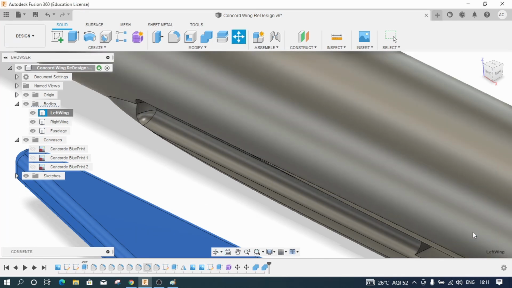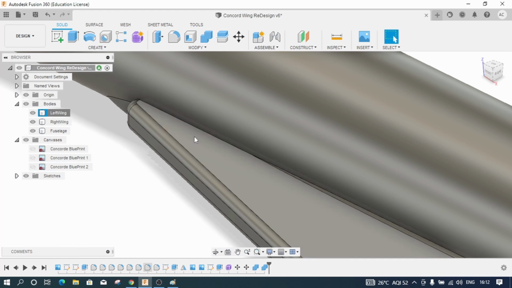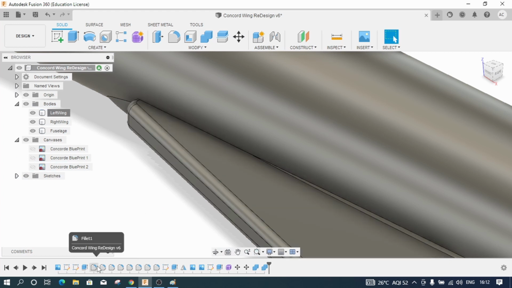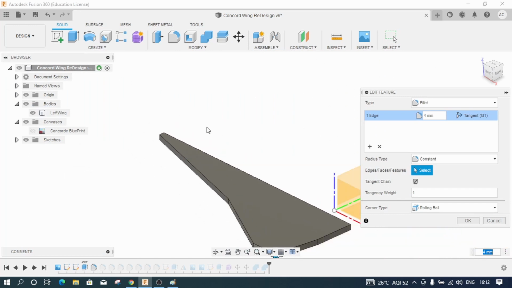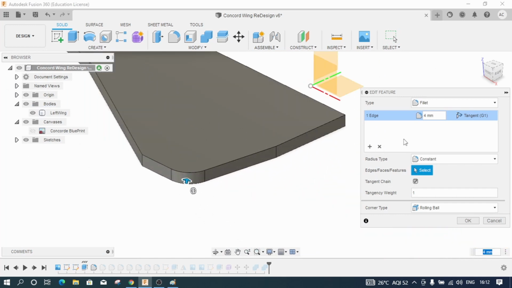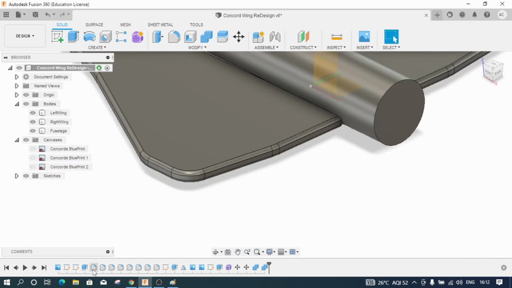So now I will click on cancel and edit this particular fillets. For that, I will right click on the fillet and I will check at what locations have I given fillets.